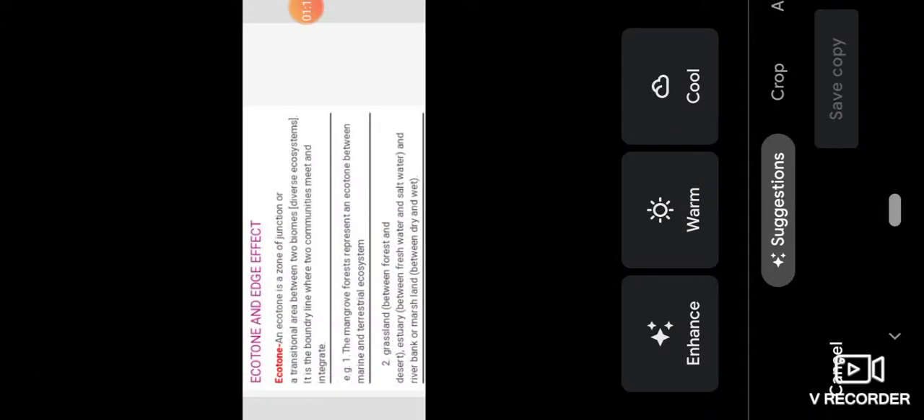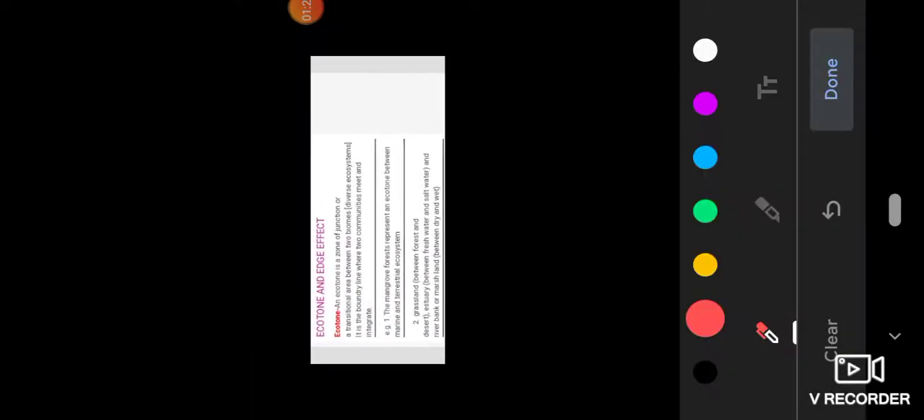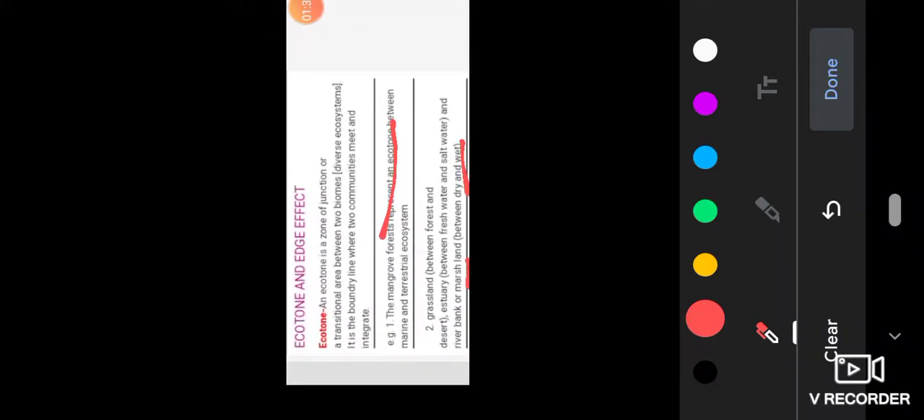Okay, so you need to remember these things. First, the marshland is between the dry and wet, then the mangrove is between terrestrial and marine, and estuary is between freshwater and saltwater, and the grassland is between forest and desert. Okay, then next comes